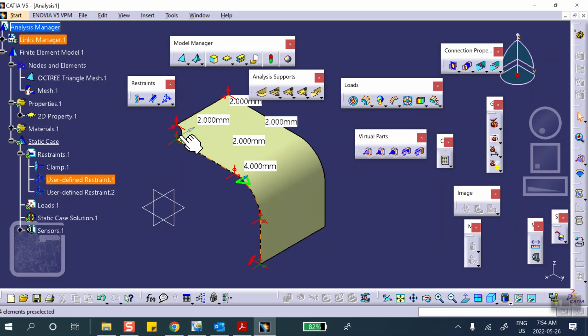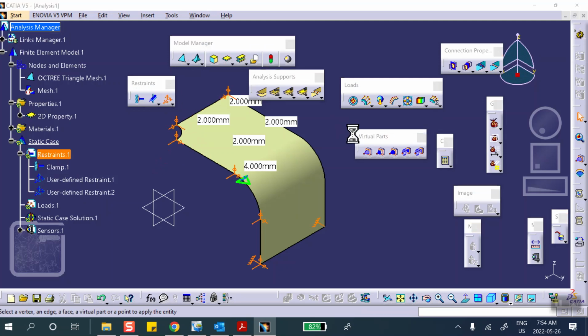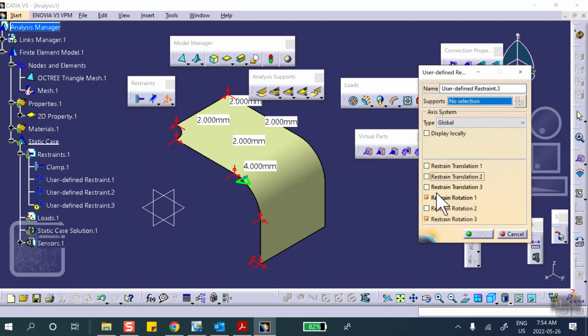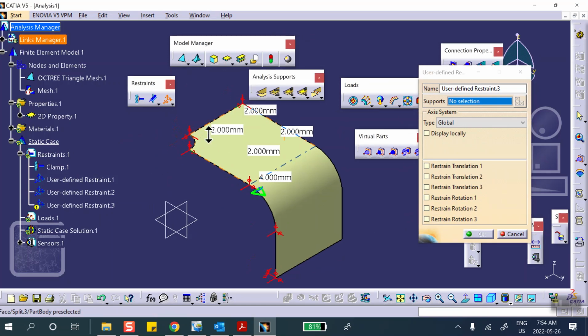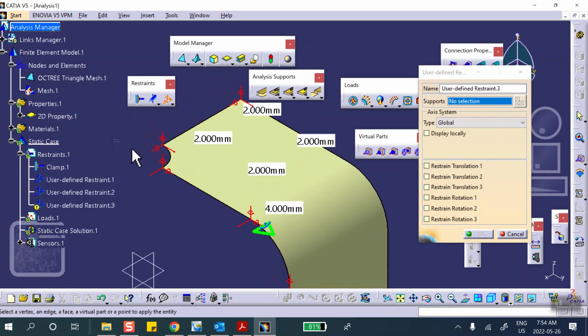Now we want to take that top edge and push it down by 1 millimeter. So I do another one so that I don't get confused when I try to debug these things. I take that particular edge, zoom in, this particular edge, and in the direction Z, I make it 0 because I want to be able to change